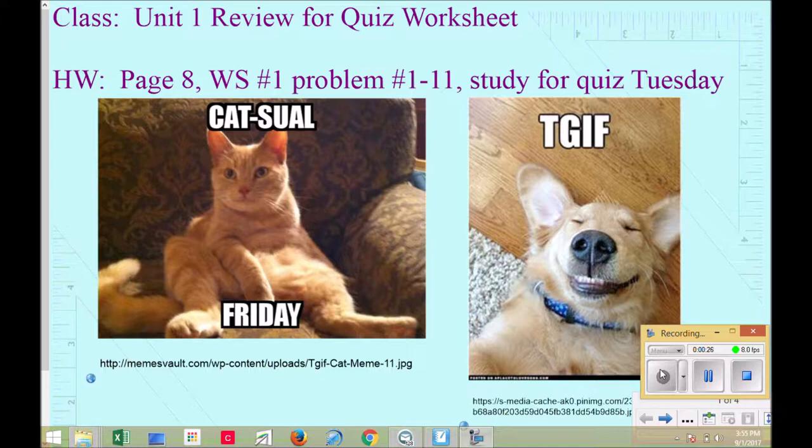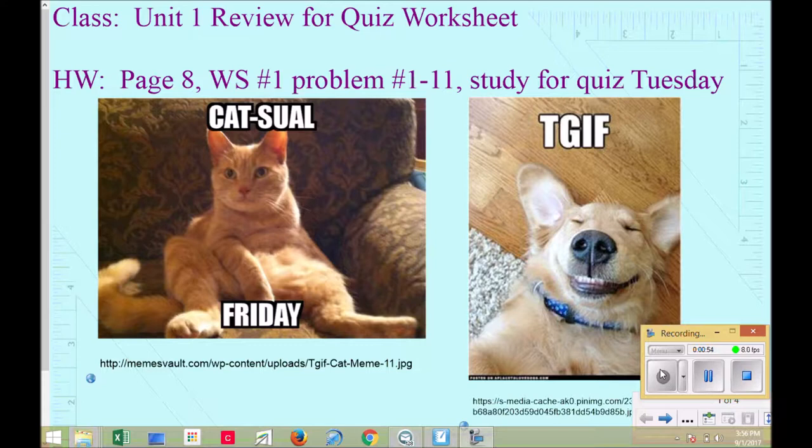That worksheet should get you ready for Tuesday's quiz. Most of the topics on the quiz you'll see covered on that worksheet. And then in addition to that, you should study your notes, your warm-ups, and homework problems we've done in class. The quiz is on all the topics we've covered so far in Unit 1. And study by practicing problems, picking problems of each topic and doing some practice problems of each topic that we've